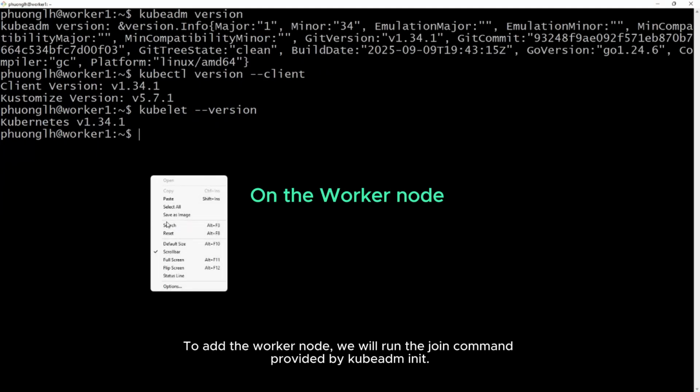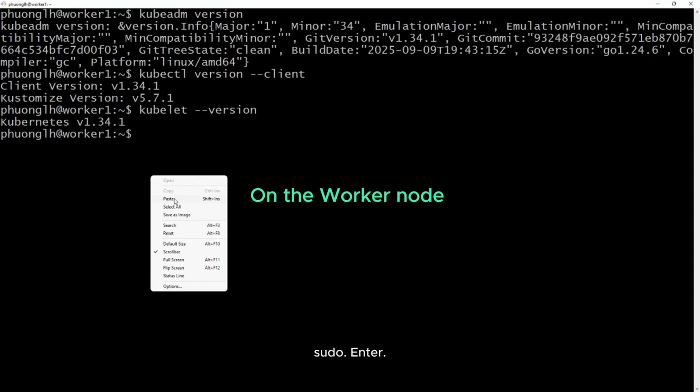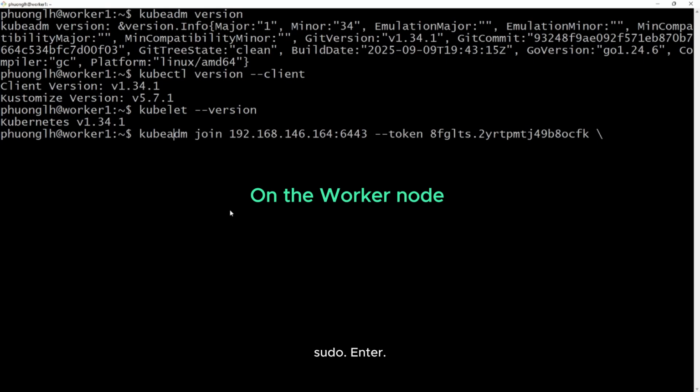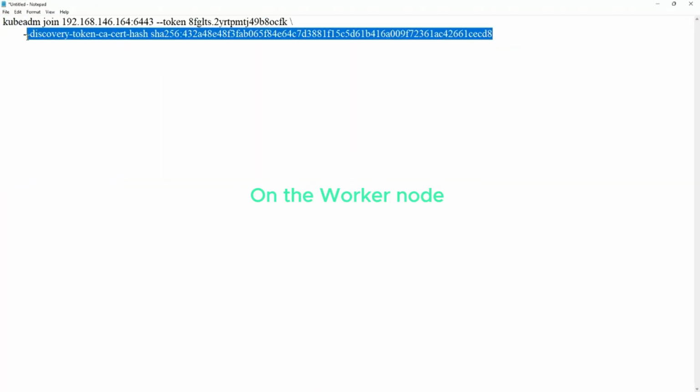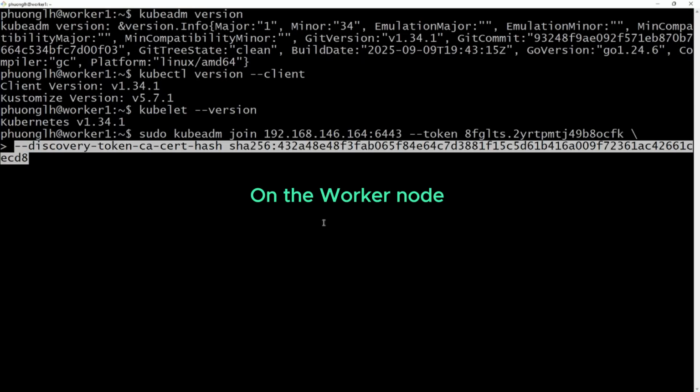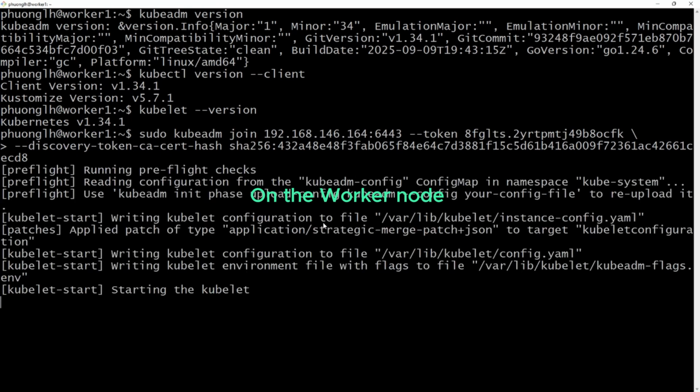To add the worker node, we will run the join command provided by kubeadm init. Sudo, enter, enter.